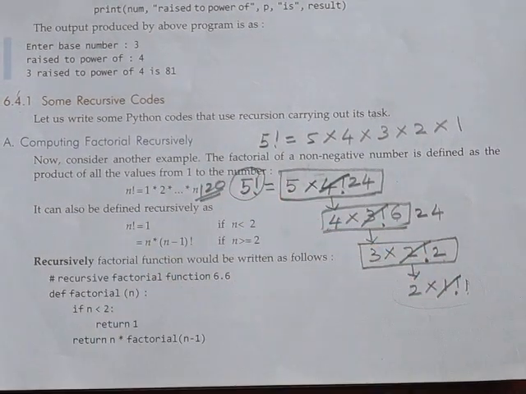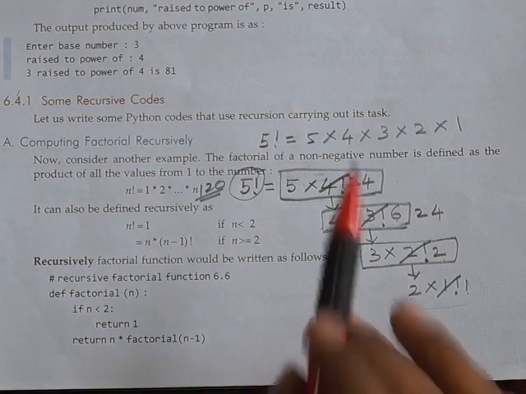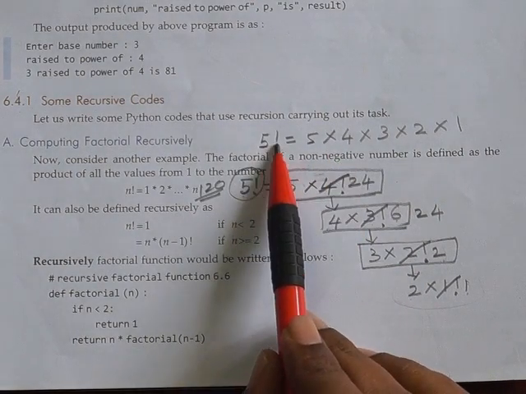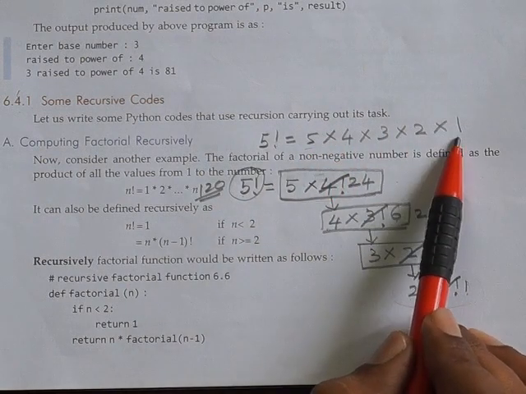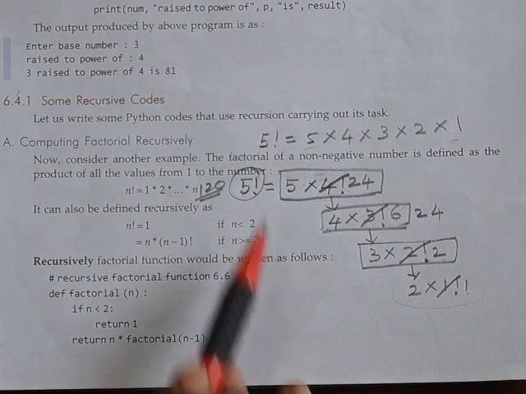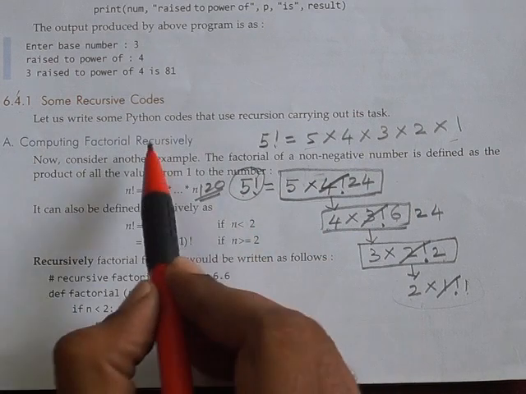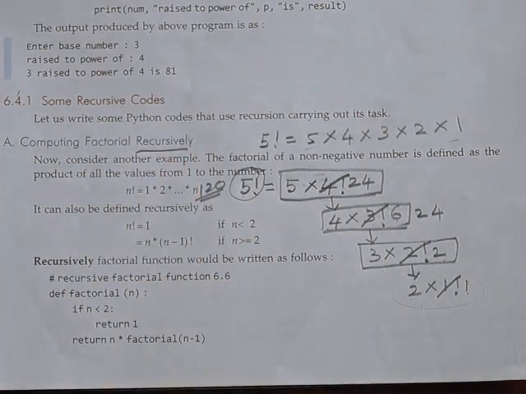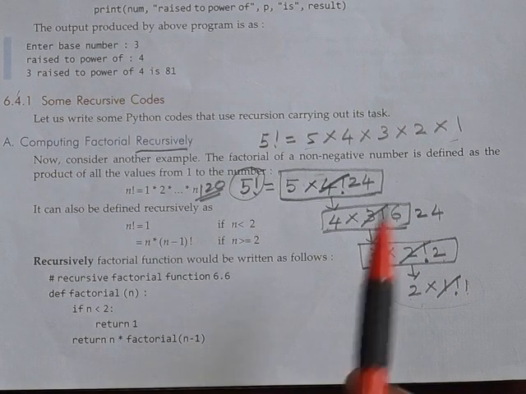So the 5 factorial, the answer is what? 120. Got it? So you may have a doubt. Sir, we can find the value of 5 factorial in this method itself now. Then why are you using this method? This method is nothing but a recursive method. Recursive method means I am doing the same style of method every time.